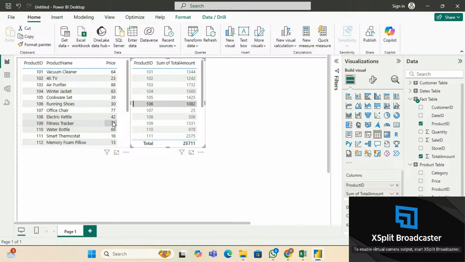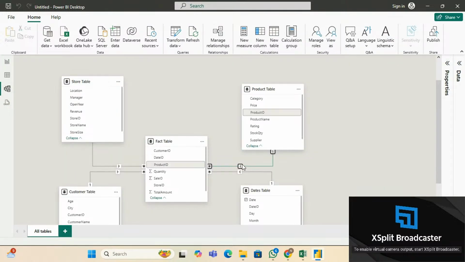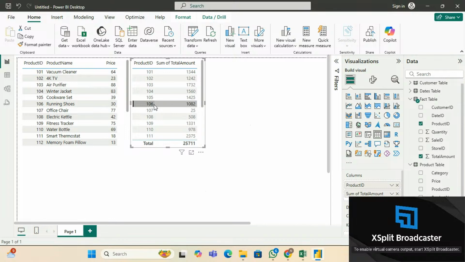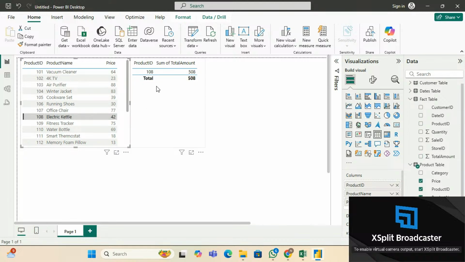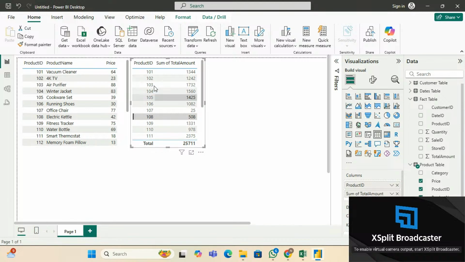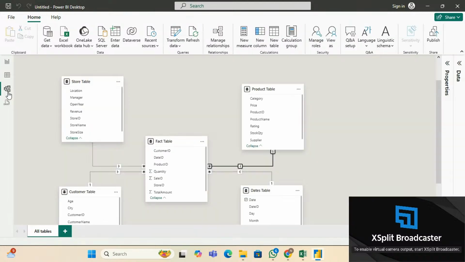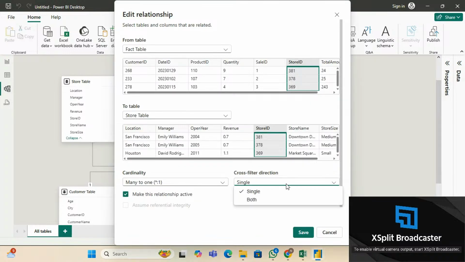This is because of cross filter. You see the arrow mark? Because of the one direction, the charts are interacting only if you are selecting any of the rows from the product table. But if you are selecting the same product ID from the fact table, it's not interacting. That is because of the direction. So make sure the direction should be both, not single. You have to make it both